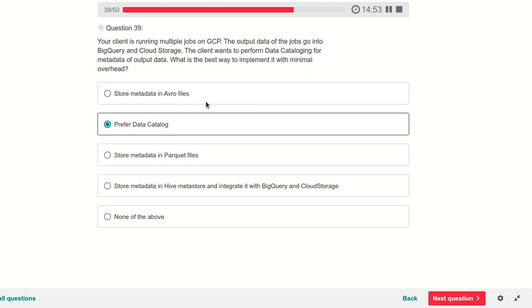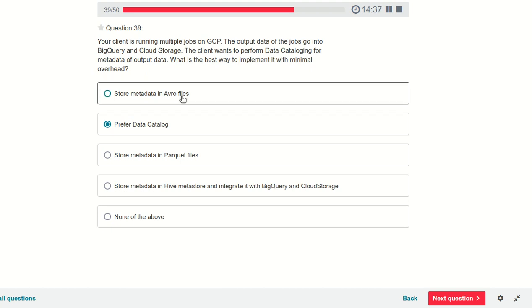Data Catalog is one of the services, like we have other services such as Google BigQuery and Google Cloud Storage. Similarly, Data Catalog is a separate service that is basically used to perform data cataloging on the metadata, to analyze the metadata, and to run some processing on the metadata.